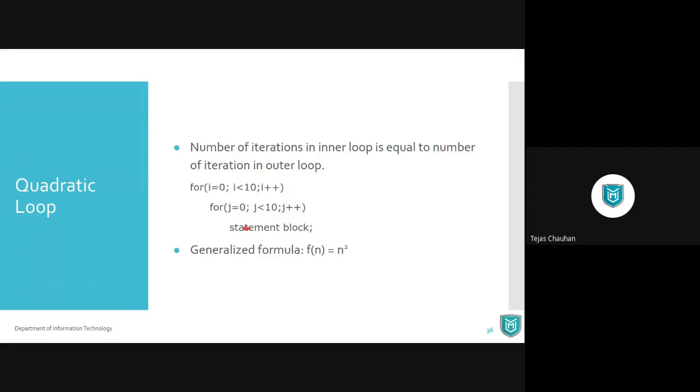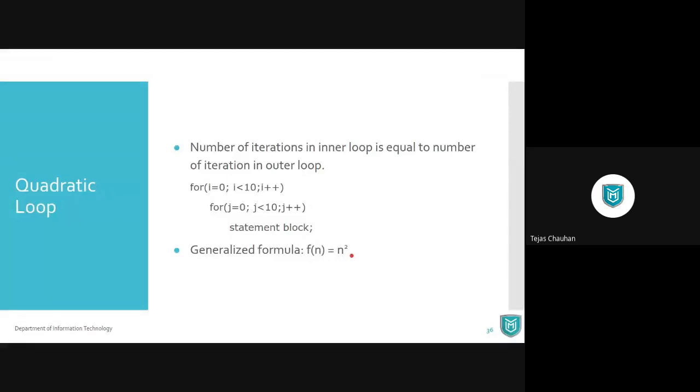So this statement is going to be executed 0 to 10, j plus plus. So 10 times this will be executed for the loop of j. But this loop of j in turn will be executed for i equals 0 to 10. So the outer loop is also run 10 times. So 10 multiplied by 10 is 100, and it is actually 10 raised to 2. So now if we say my input size is n, so 0 to n, 0 to n, then it becomes n square. So the function is n square here.